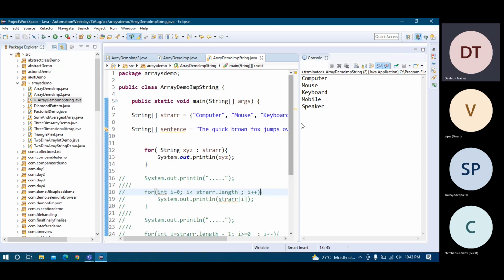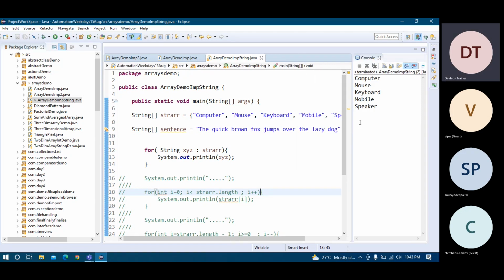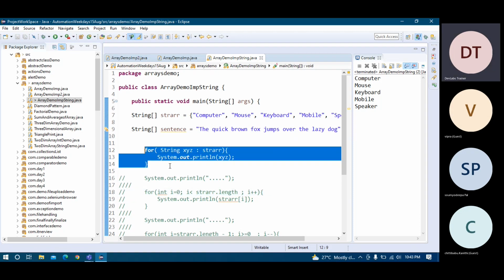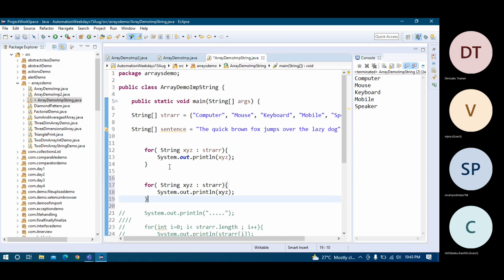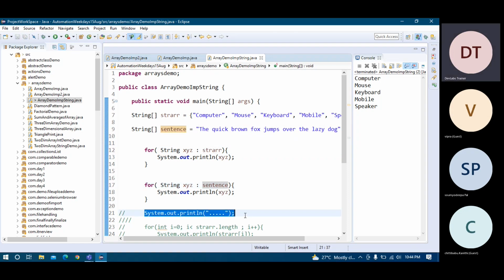You can see here it is printing as expected: computer, mouse, keyboard, mobile, speaker. So what I have given, that is printed. And suppose that you want to print the second one, so what you can do, you can create another loop and you put like this, and instead of STAR just put like this, sorry, here, and you put a separator.